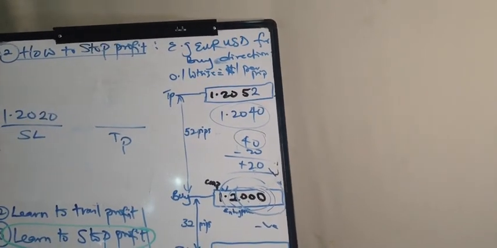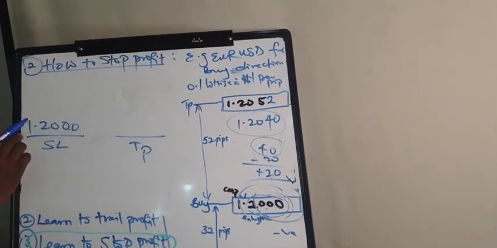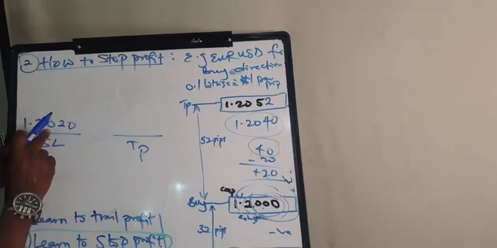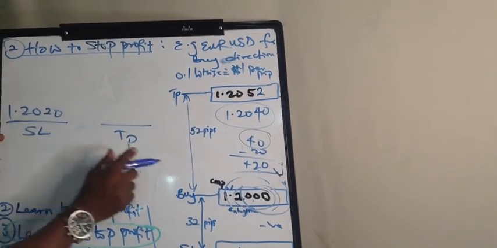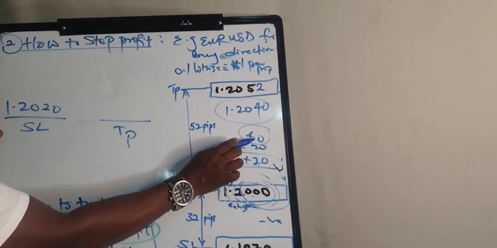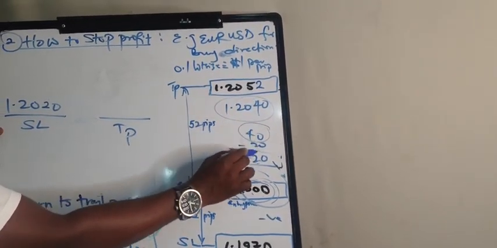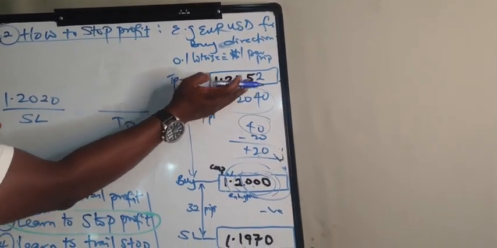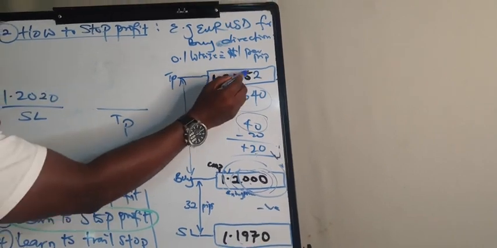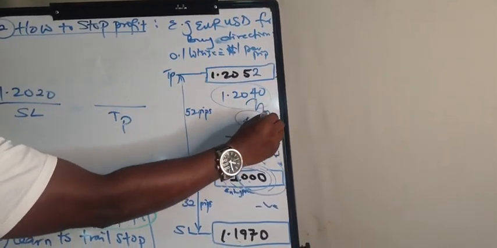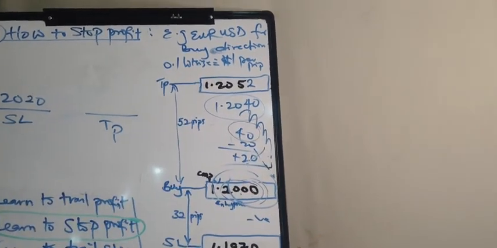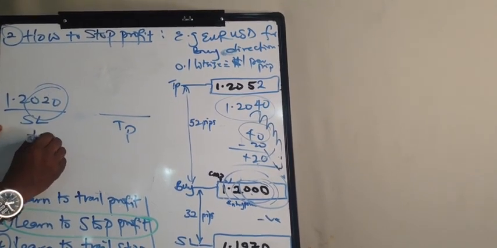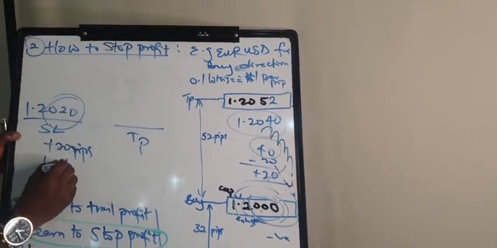1.2020. Initially, don't forget, when you broke even, it was 1.2000. Now it's 1.2020. That is, you've secured 20 pips. The remaining 20 pips out of the 40 pips that you have accumulated is still what the market is fluctuating within. And before you know it, it will get to your take profit. But if it does not get to your take profit, and it decides to start coming down against you, it will cut you off around here, which is at 1.2020. At that level, you've made 20 pips in that direction